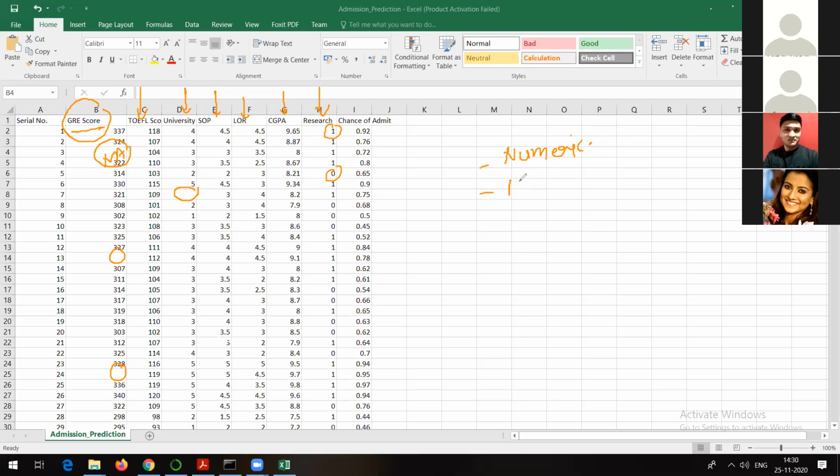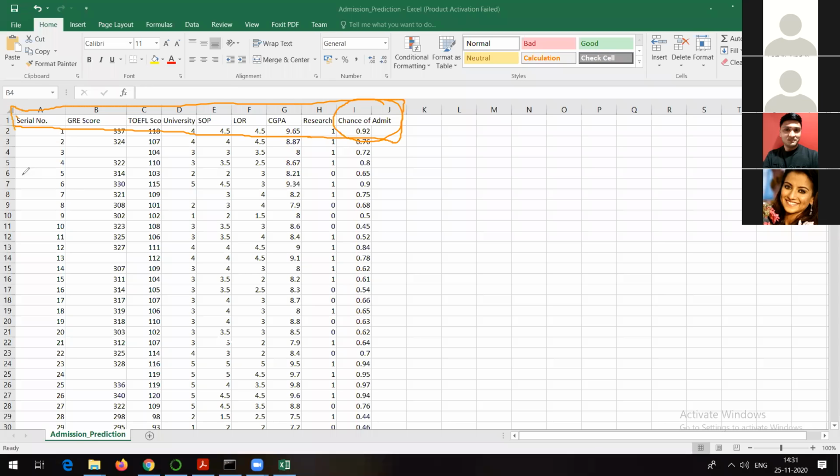Next thing is that your data should be normalized. I told you what is normalization in short. Your data should be standardized. These are the basic requirements before applying any machine learning algorithm, right? So that's what we are going to take care. And finally, we need to predict what will be the chance of admission of that person to get admission into a foreign university. I hope everyone is able to understand what is given to us and what are we going to do now.